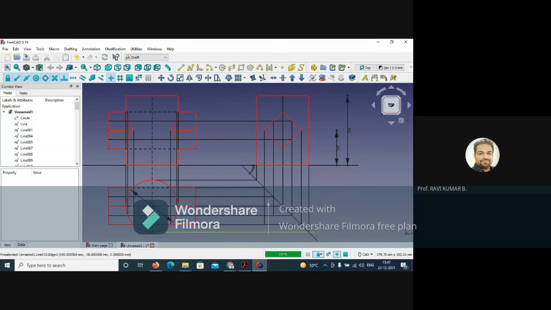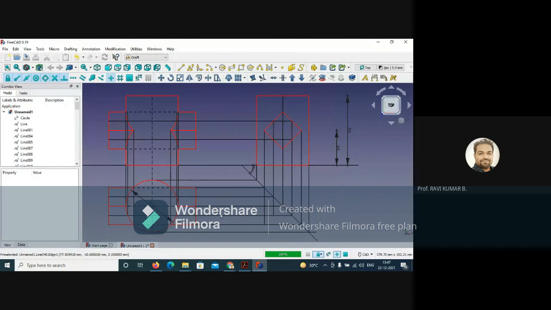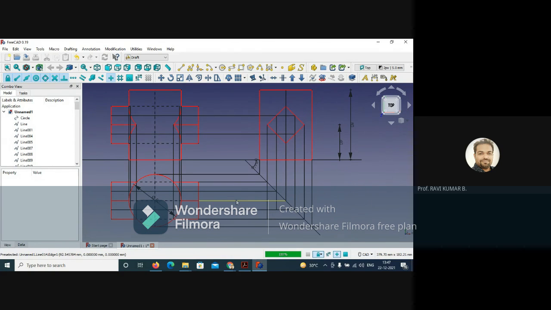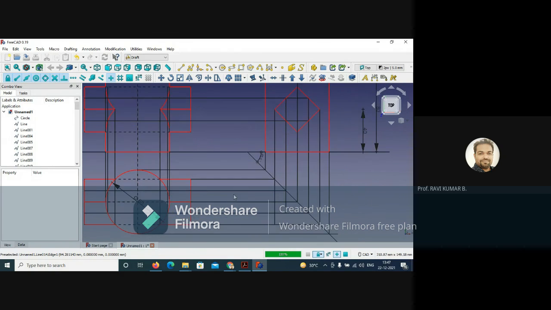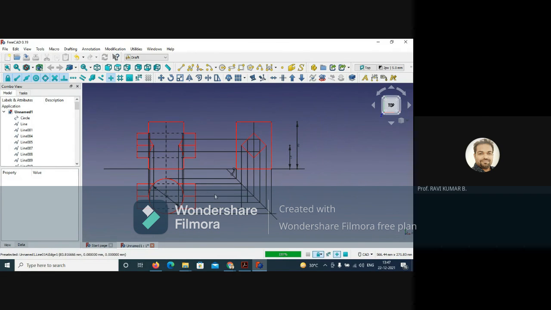Sir, it is slightly lengthy because we are not using the mirror command. If the mirror command is allowed, then it is very easy. Just complete one side and mirror it. Automatically the same thing will come over here, and here also one side you need to finish and just mirror it. The same thing will come this side. So the only thing is that here double work is involved. First of all, you have to project everything, and then finally you have to do the finishing.